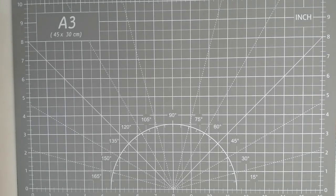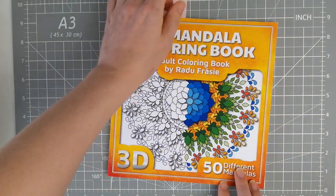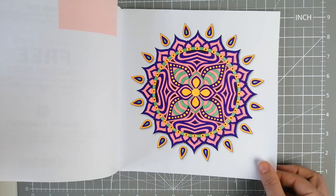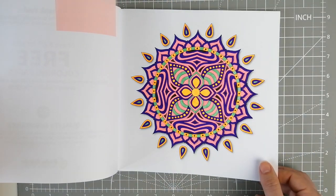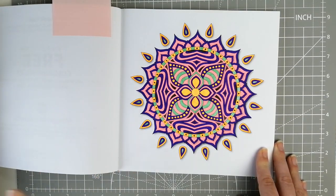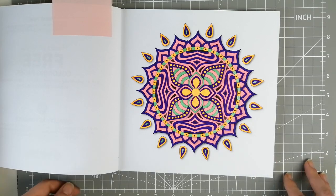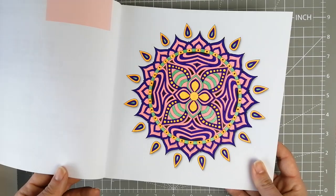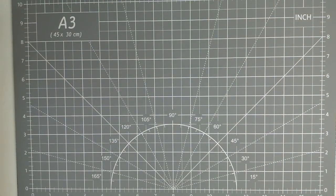I have Radu Fraser's 3D mandala colouring book, and I got that ridiculously bright page. I don't know why it's that colour, probably because I do tend to just use up my random gel pens and end up with very weird combinations. I've got to stop doing that really, but you know, you always end up with half a gel pen